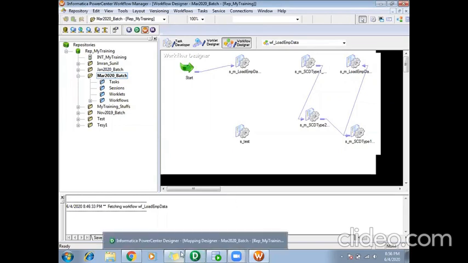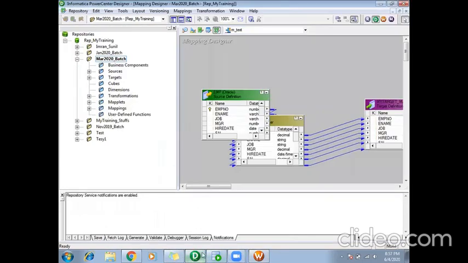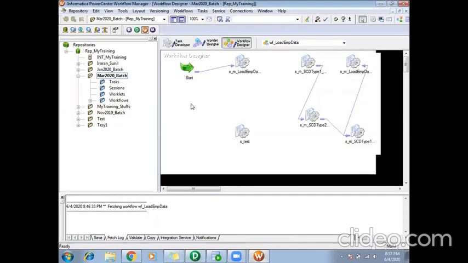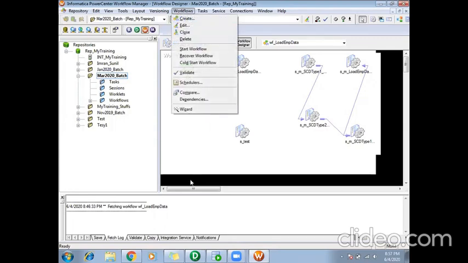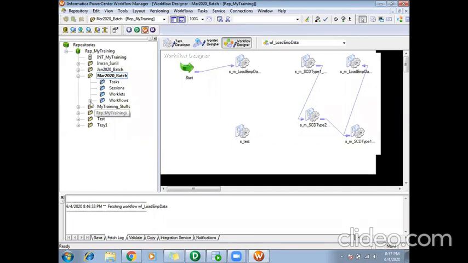So we have completed the Power Center Designer features. So today we will see the features in our workflow manager. What all things we need to understand when we do some changes in our workflow manager. We have already seen how to create a workflow, how to create a session and how to associate a mapping with the session. Apart from this, we can do a lot of things in workflow manager also. Just go through it.